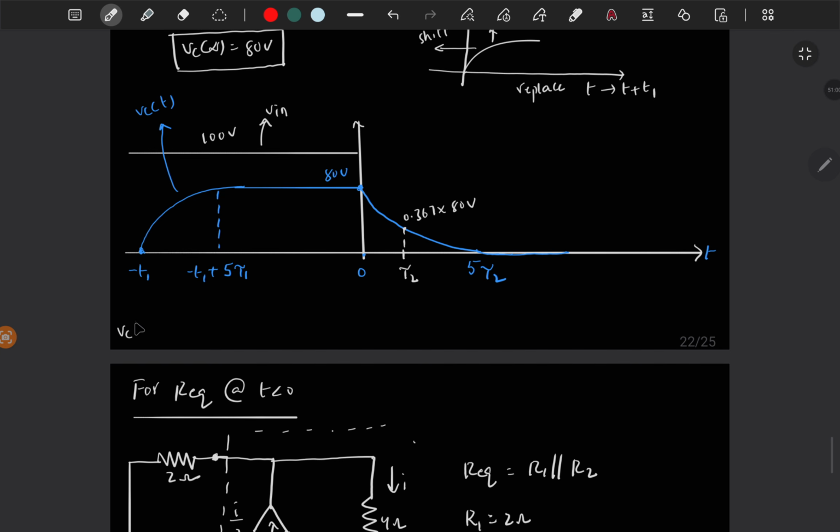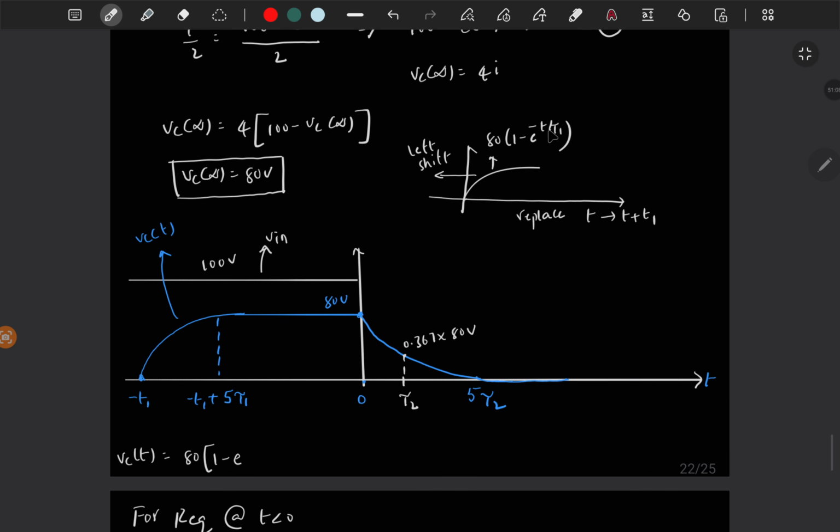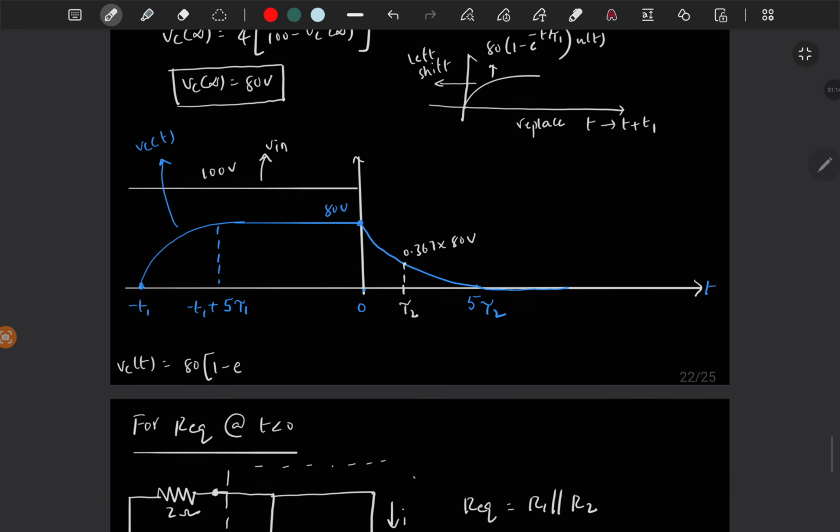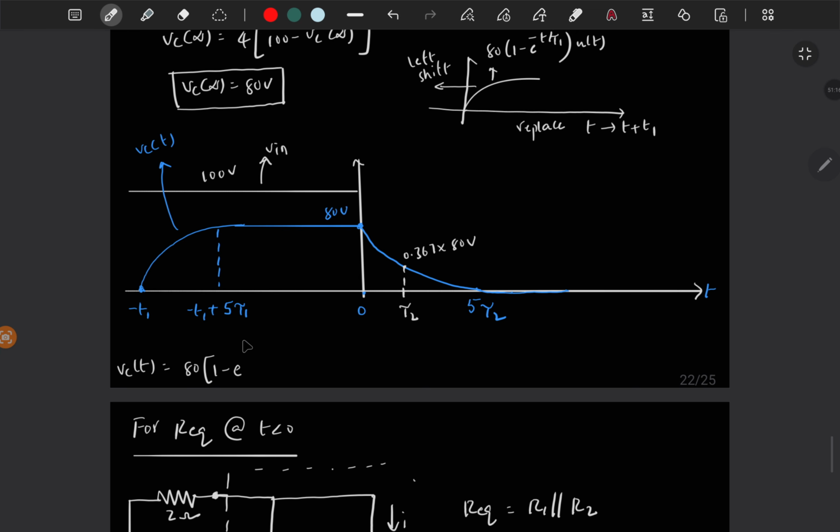So Vc of t is 80 times, by the way, this is 80 times 1 minus e power minus t by tau 1 u of t. This is only for t greater than 0. So if you replace that, then minus t plus t1 by tau 1 u of t plus t1,